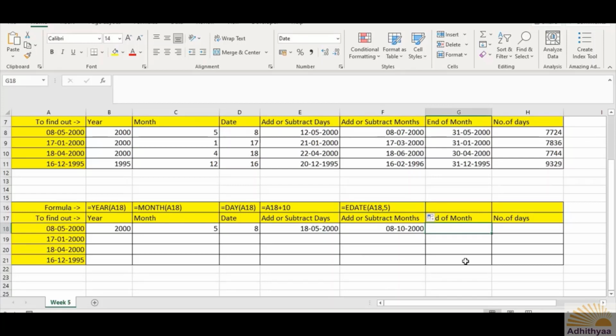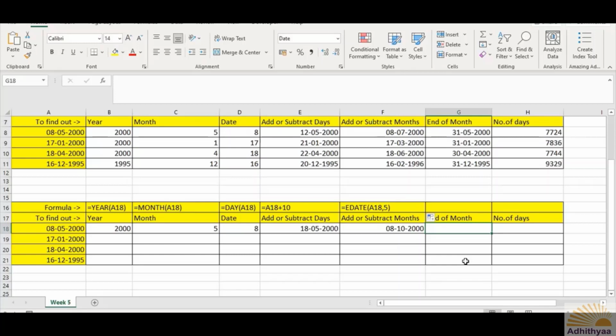Let us see the next option here, which is called end of month. For some calculations, you need to find out the end of month. For example, during our school days, we were taught to check the joints of our fingers, January on top, February in the bottom, like that: March, April, May, June, July.